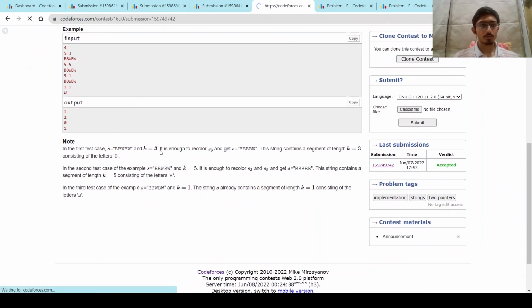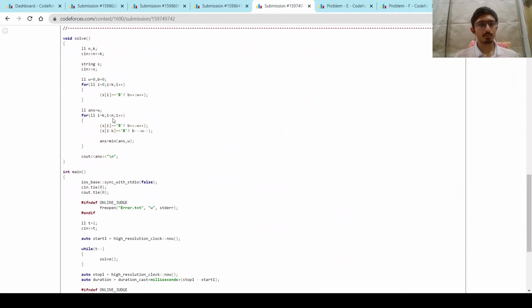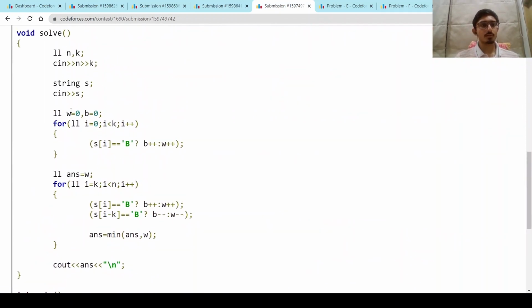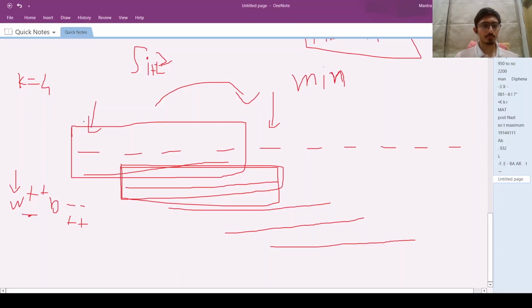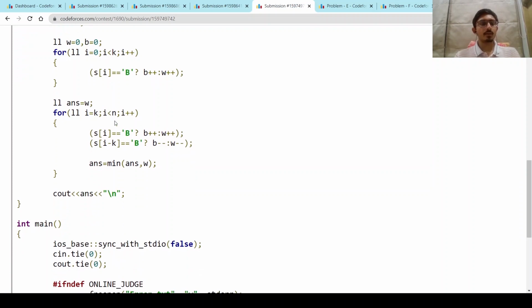So logic is just this, and then it's just implementation. So first I'll make W and B 0, and initially I'll just take the first k elements, and for them, if it's B, I'll add into black, else I'll add into white, and after that I'm initializing answer as W because it is the answer of the first subsegment of length k,